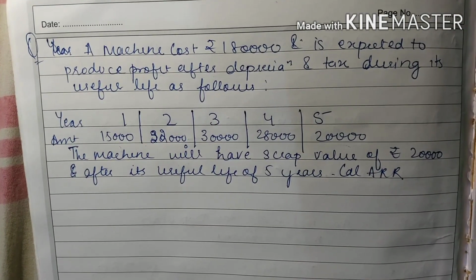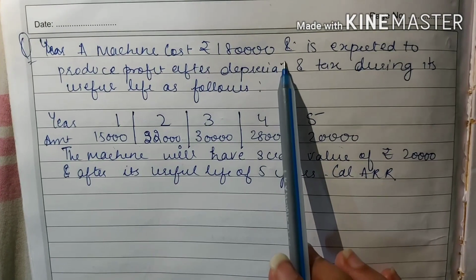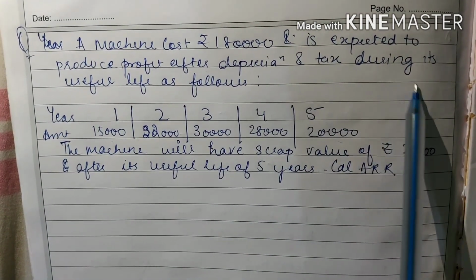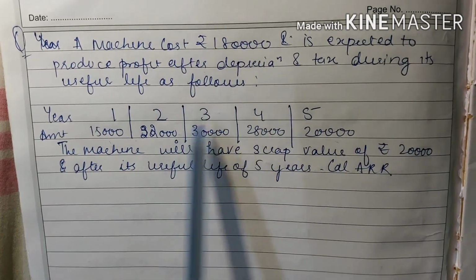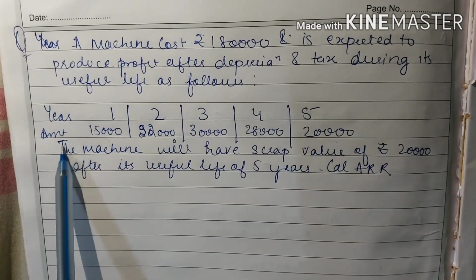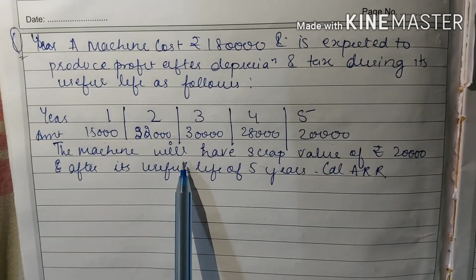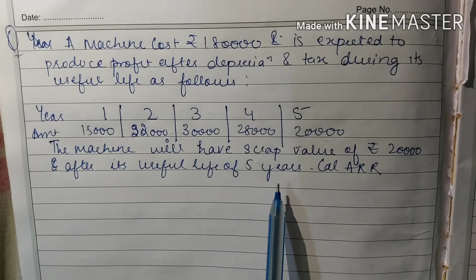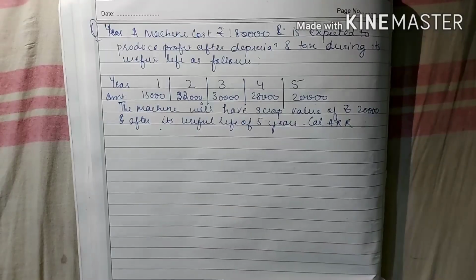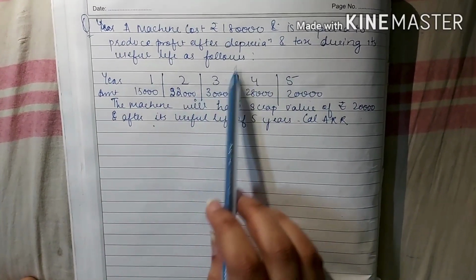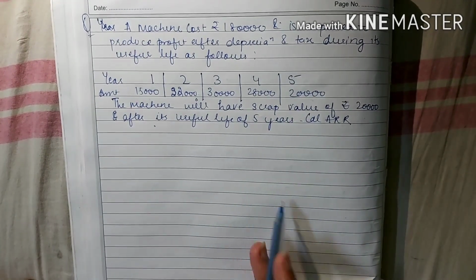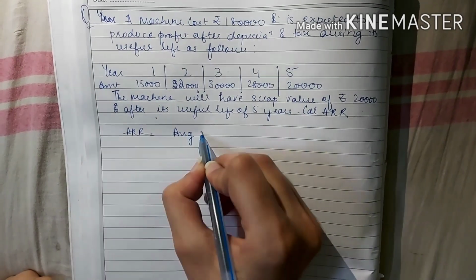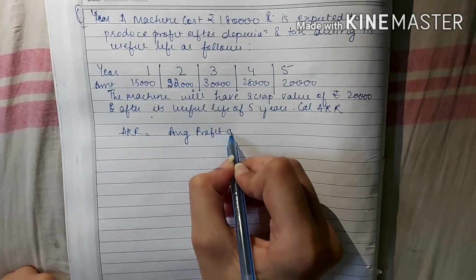Moving on to the second question. A machine costs rupees 1,80,000 and is expected to produce profit after depreciation and tax during its useful life as follows. Years 1 to 5 are given and the amount is also given. The machine will have a scrap value of rupees 20,000 after its useful life of 5 years. Calculate ARR. Here profit after depreciation is already given, so directly using the formula,